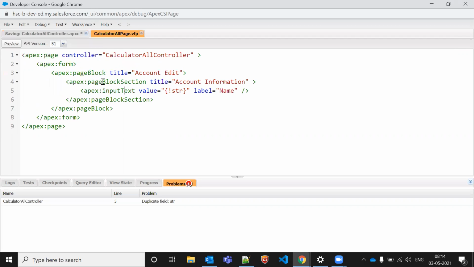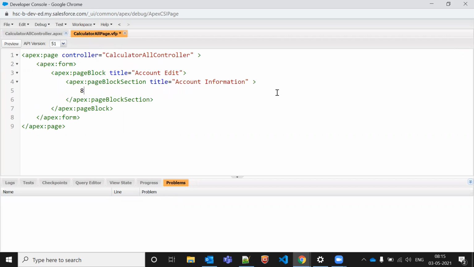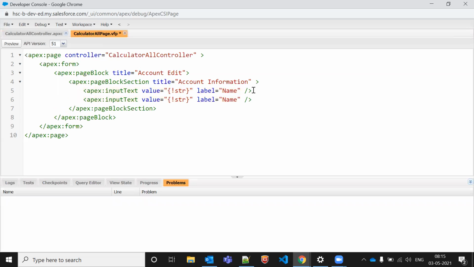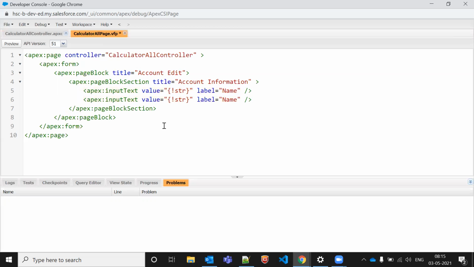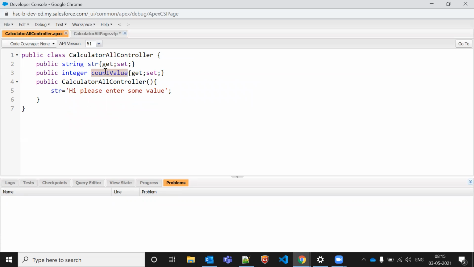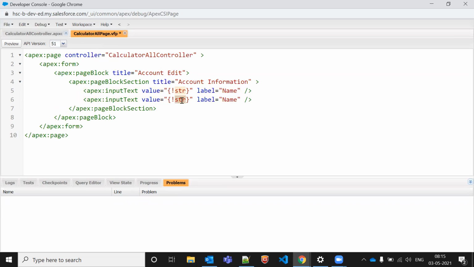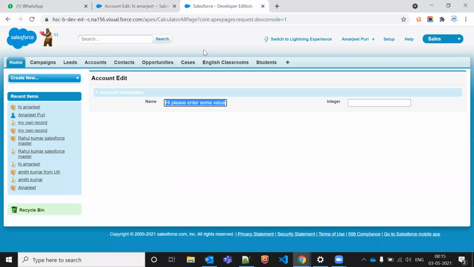So if I go to the input page, value into value, right? Sorry, count value. We can pass integer only for understanding purposes. So if I go there, it is showing integer. Okay, same value we got.